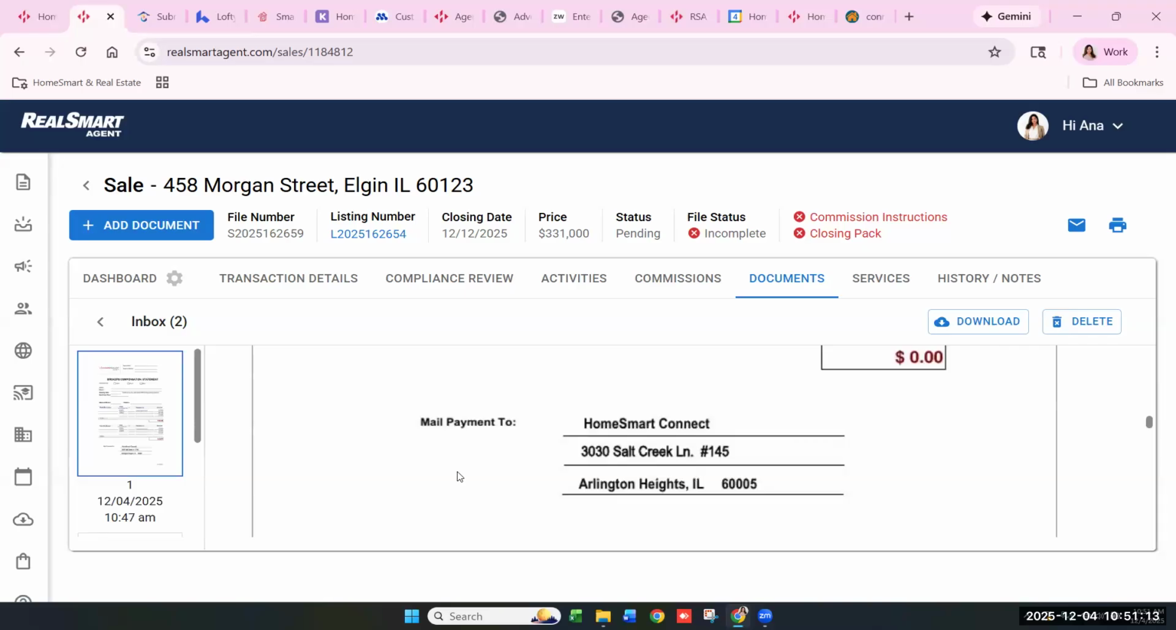I don't see any save buttons. There should be a save button, and I never clicked save. There's never a save button when you do documents. The other portions of it have save buttons, but for documents, when you upload a document,